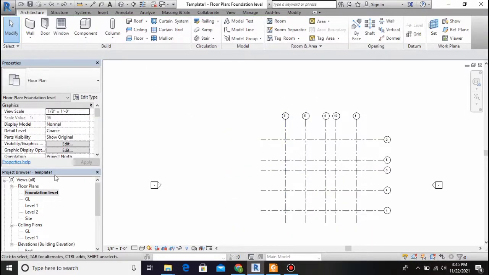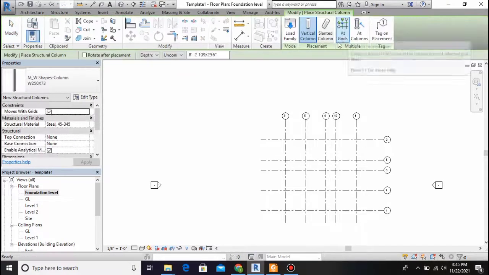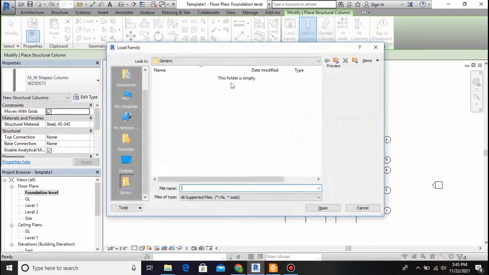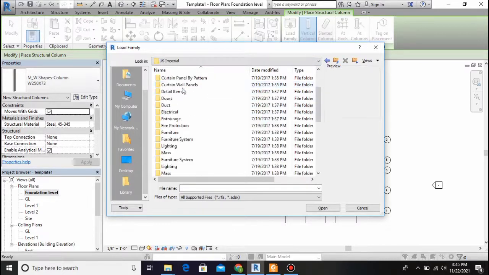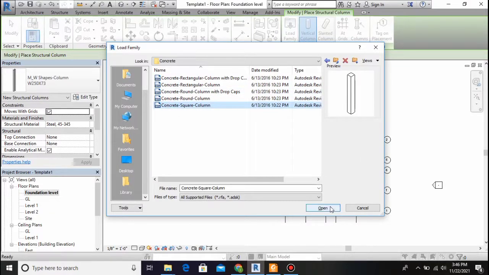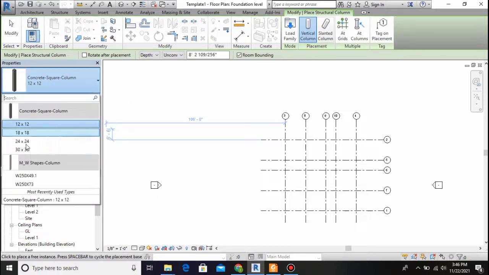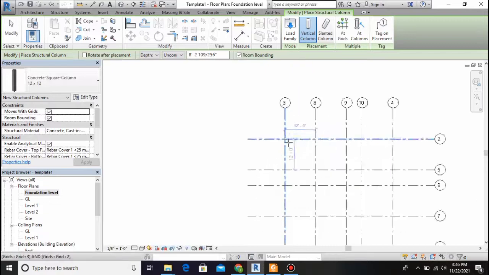Next go to the structure tab, and here I will add the columns to the required positions. So select vertical, and here you see these are the steel structure I will load from the libraries. So use imperial because my template is imperial, and here you can go to concrete column, square column, and open, and here you can resize these to 18 by 18 or any, but I am adding a 12 by 12